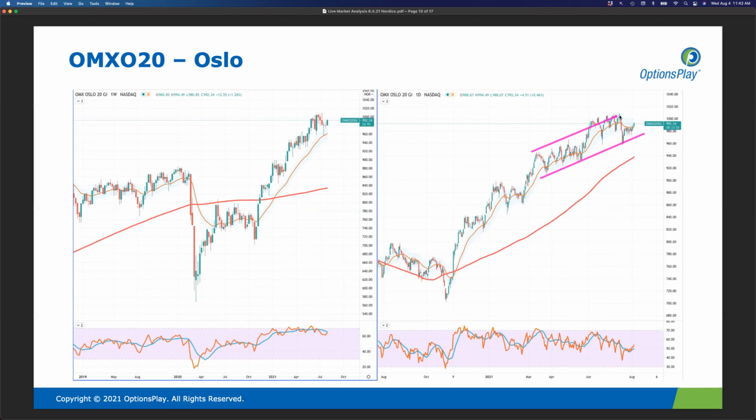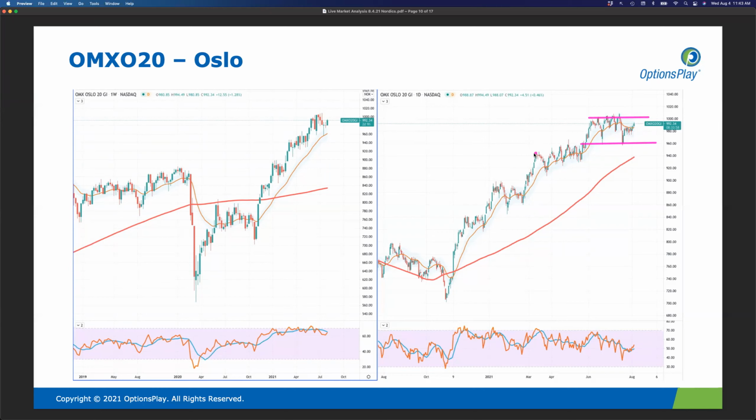So as we talk about channels and the markets trading in a channel, when you see this type of negative divergence, you tend to see them resolve themselves by moving back towards the bottom of the channel. And right now we're in the middle of this channel, starting to turn back up again, but there's a lot of congestion here, meaning it has to get back above this 1010 level. And if it breaks out above that level, then it certainly is an interesting bullish move for this particular